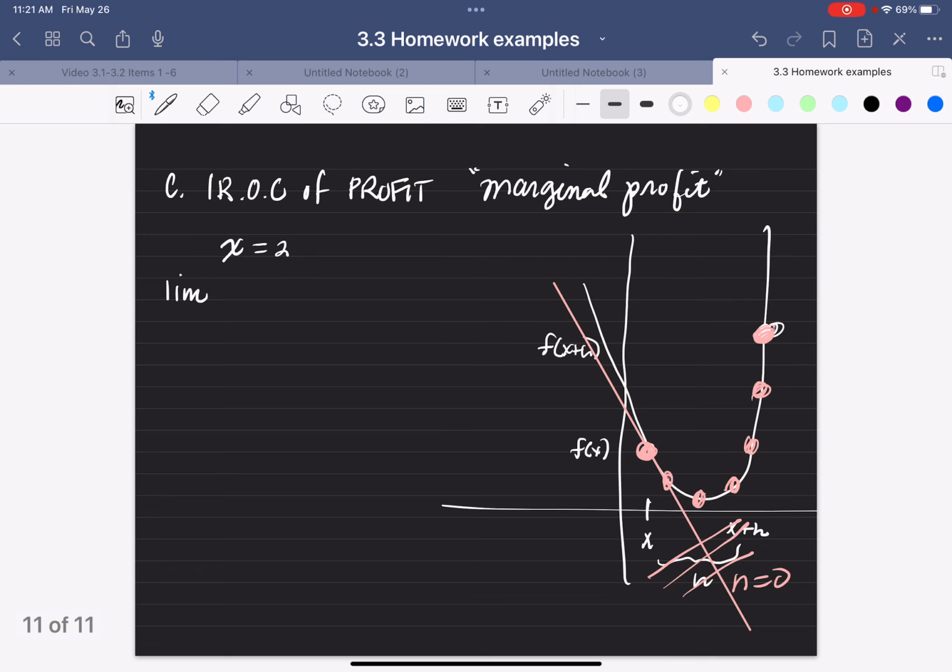Because look, we want to know what's happening at this exact point back here. Okay, this exact point back here. So the limit as h approaches 0 of f of x plus h, that's our second y, minus f of x,